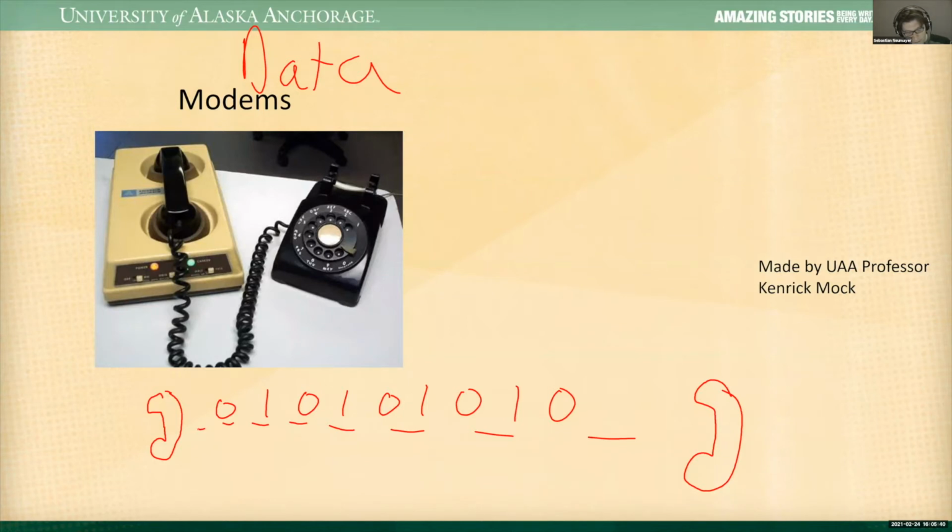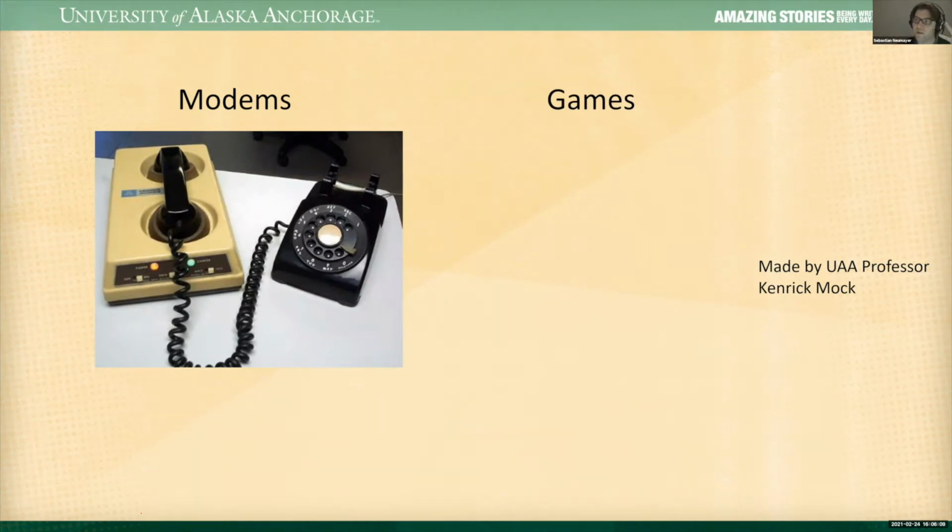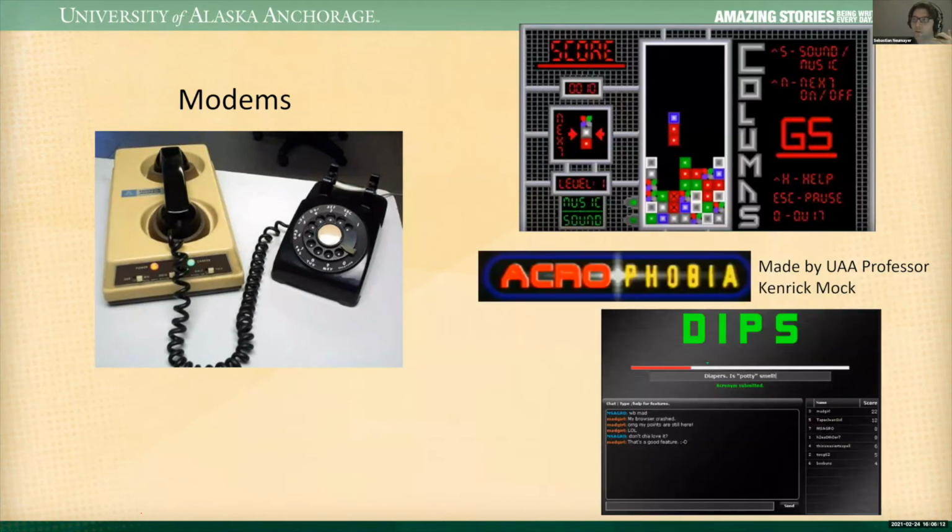Okay, so as you know, we transfer this information from one source to another. These bits can represent interesting pieces of information. For example, these 8 bits here could represent the letter A, and maybe the next 8 bits could represent the letter T. So you can see that these 16 bits would start representing, say, a word, "at," right? And from that and everything else that goes on the computer, part of it is you can make games and you can program them. Some of our faculty members, Kenrick Mock, our current dean, made the game Acrophobia. You can play this online. This is something made by UAA professors, pretty cool.